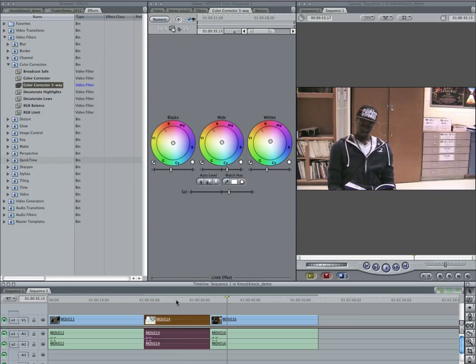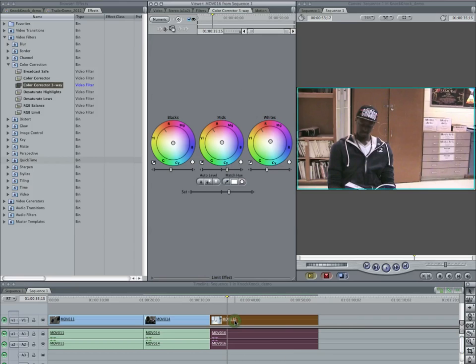So this is a really important thing. If you are going to drag the color corrector like that from one clip to the next, you cannot forget that in order to start altering this clip, I have to either double click it or drag it into the viewer. Now you'll notice that as I change it, it changes this clip. You see? So that's a very